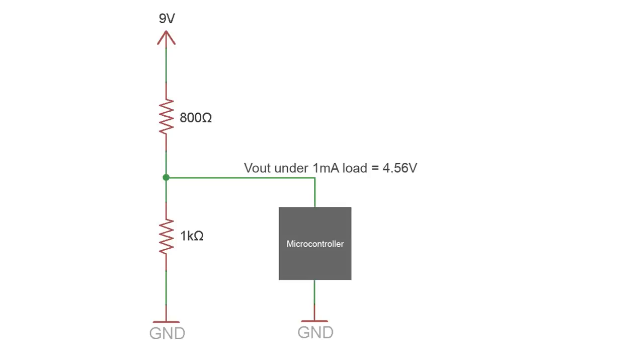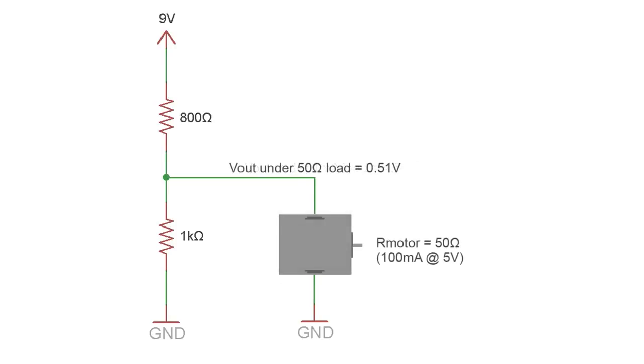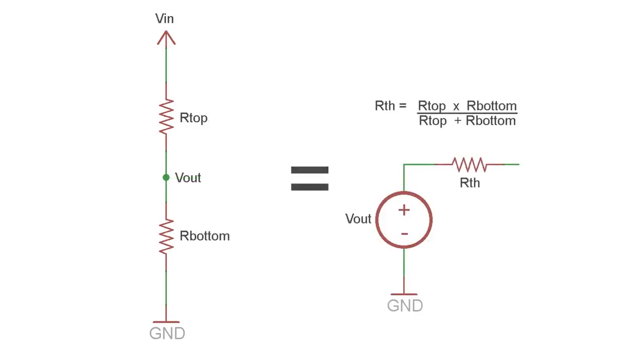And that's not so bad, the microcontroller will still work, but if I try to power this motor that would normally draw 100 milliamps from 5 volts, the voltage drops down to half a volt, and the motor won't do anything. So this voltage divider would be a terrible power supply for a motor. Generally speaking, you shouldn't be using a voltage divider if you have to supply more than 10 milliamps,